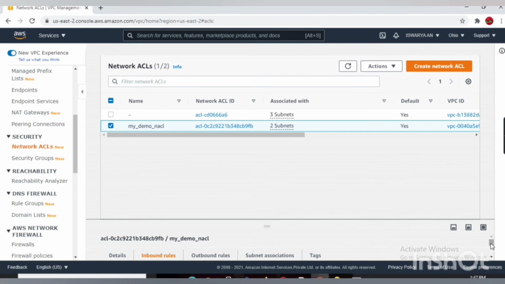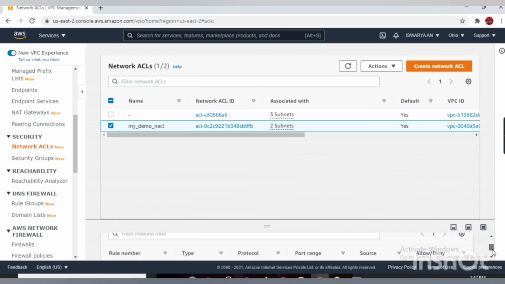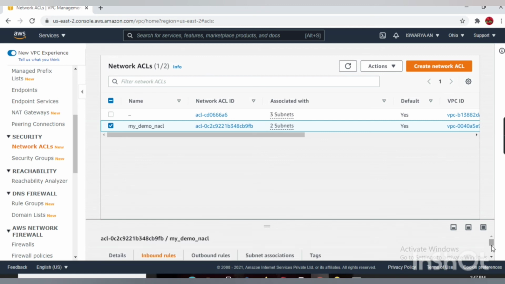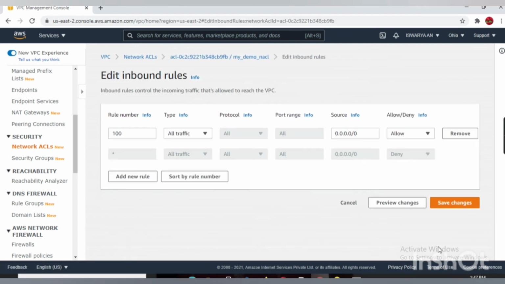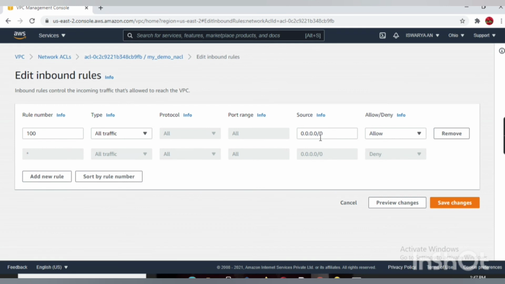We are going to edit those inbound rules. Give edit inbound rules, which is below. In that, we are not going to add anything.